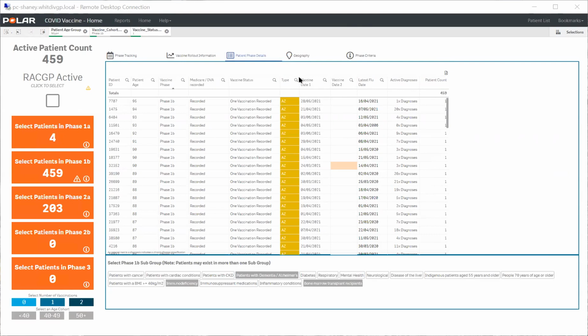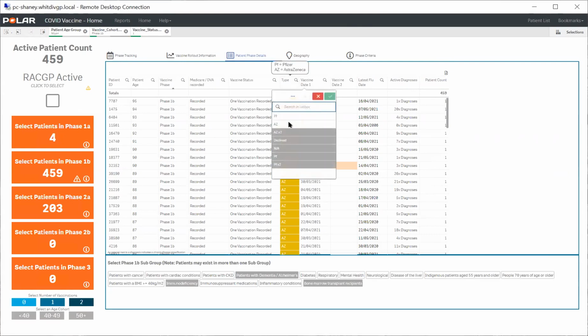From here, we can actually then select exactly which type of vaccine we would like to work with. So, for example, here I can see a range of options. So question mark is the one that I was saying was data quality. I will come back to that. But here we've got AstraZeneca, a patient who's had the 2nd dose as well of AstraZeneca, declines, those who haven't had anything, our Pfizer patients, and again, our Pfizer who've had 2 vaccines. We do have 2 more statuses that aren't appearing on here. We've built them in just in case they do occur, and hopefully they don't, where a patient has had an AstraZeneca vaccine, then a Pfizer, or the reverse. So you can identify those patients too.